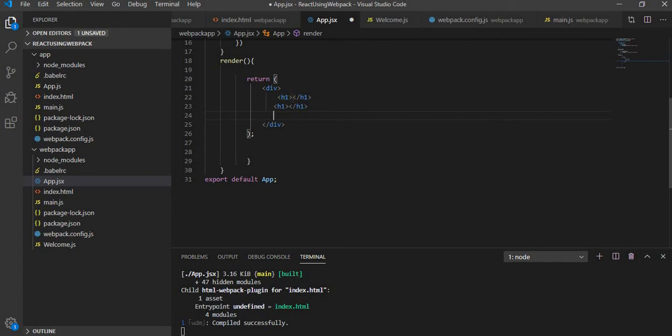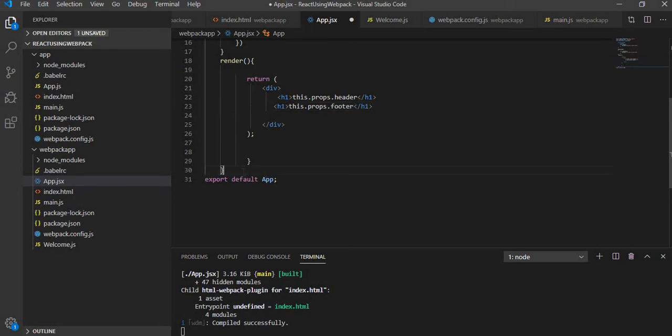So like state, this variable has a property name called this.props.header. We will create this one, this.props.footer,